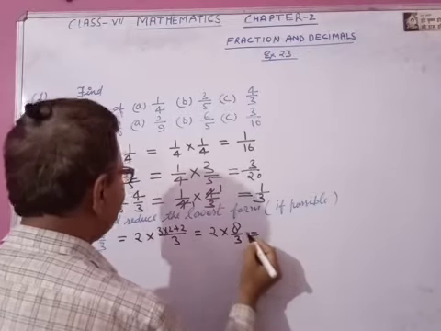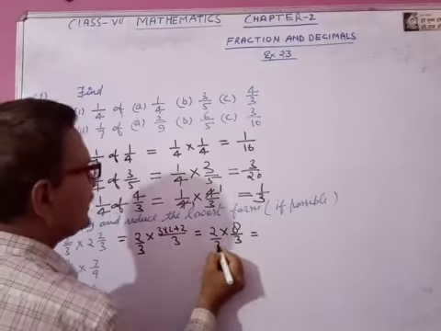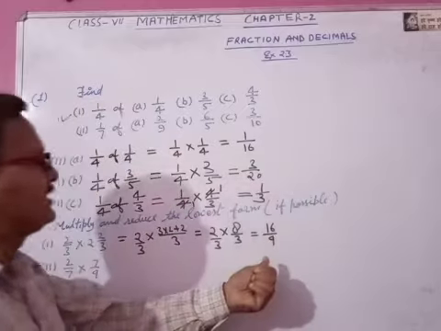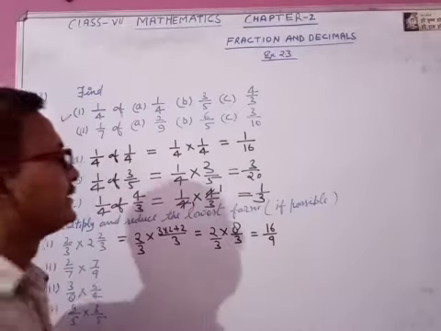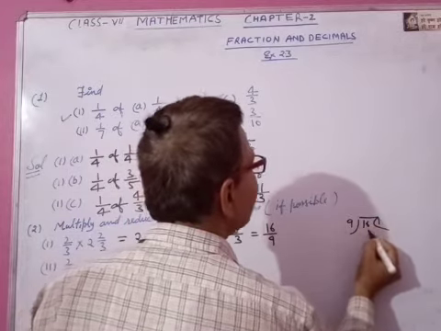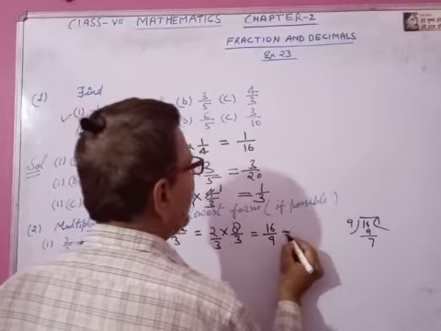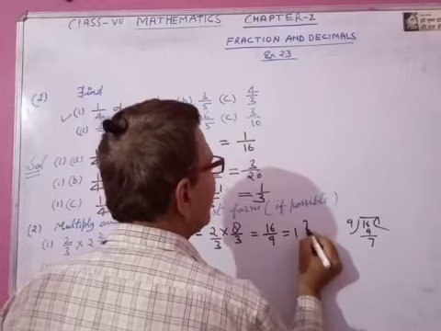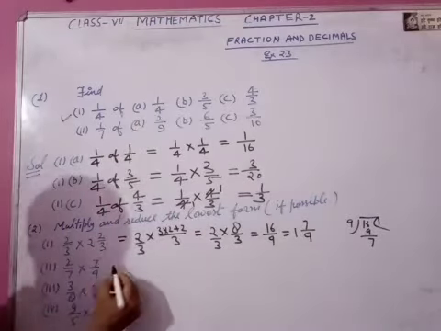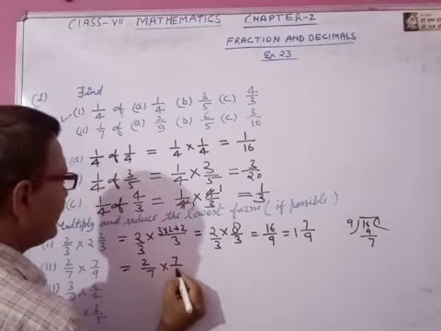That is 16 upon 9, this is 2 by 3 and this is 8 by 3. You will change this fraction into a mixed fraction. You divide by 9, 9 ones are 9, and you get remainder 7, and 1 whole, that is 1 whole 7 upon 9. You can write it so. And this part you will see, 2 upon 7 multiplied by 7 upon 9.